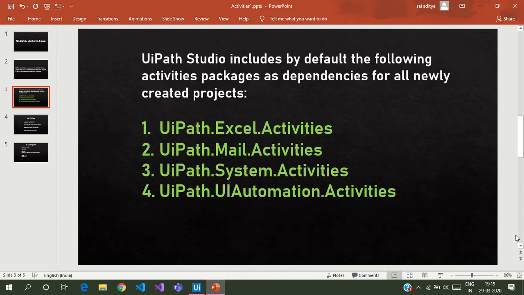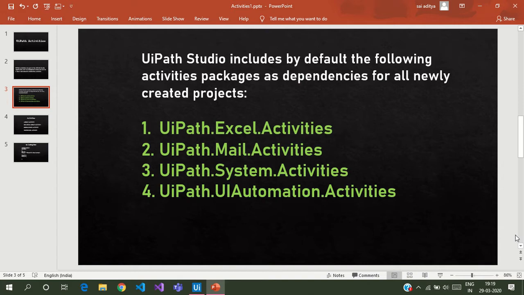You can use those activities which are present in the Activities panel, but if you can't find an activity there, you can go into Manage Packages and install whatever dependency you want to get that activity. These are usually the four dependencies that UiPath Studio contains: Excel activities, mail activities, system activities, and UI automation activities.